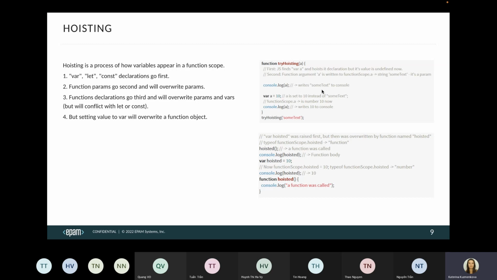Then what will we see? We will see that the function declaration goes first and will override parameters and vars. So what does it mean? It means that we are going through the script from top to bottom. And what does it mean? That inside of this tryHoisting function, we have this parameter first. Then when we try to call this parameter, we will see that a has the value some text, and this